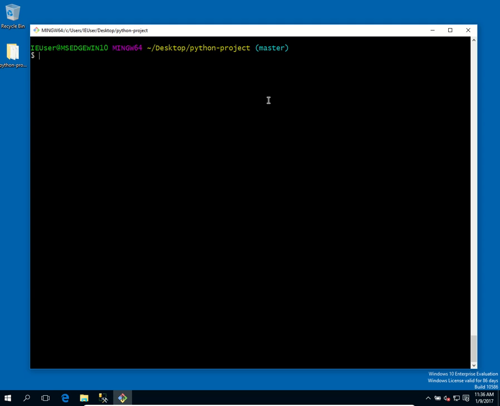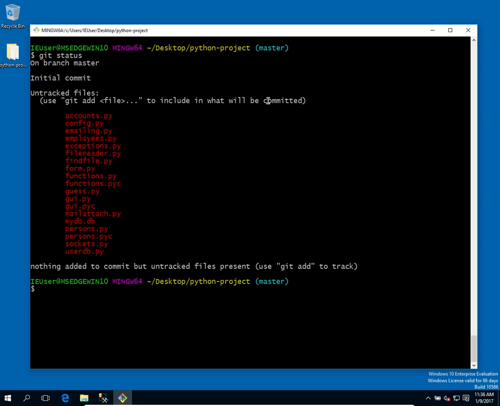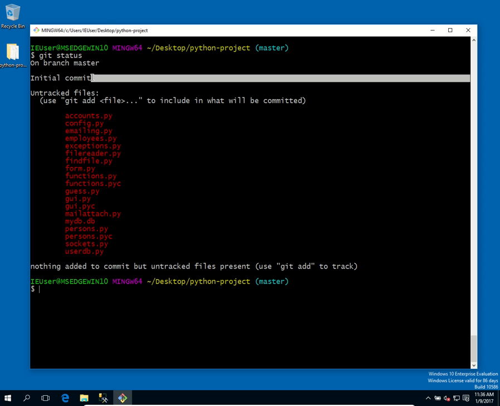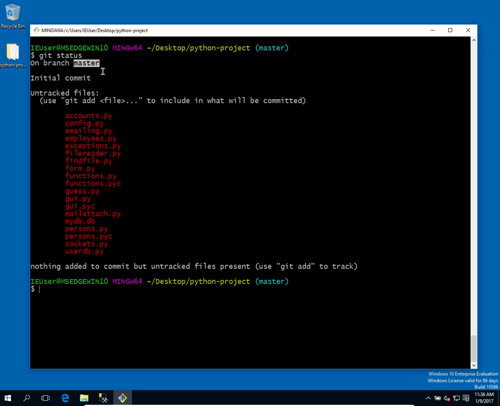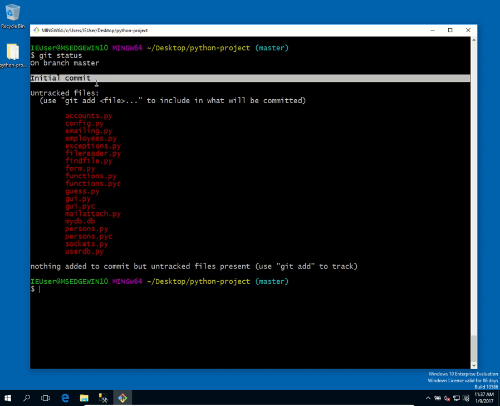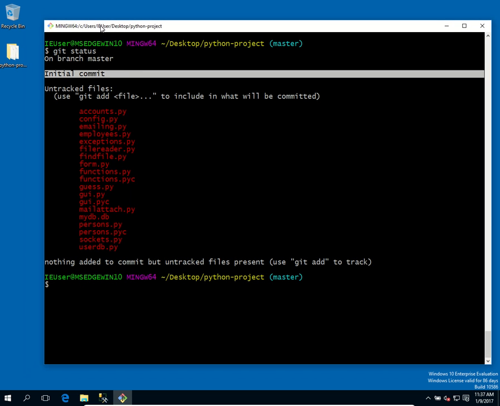So to begin, we'll just type git status. This is a good command to use frequently. It shows you the general status of your current folder, and it tells me that this is the master branch that we're working on. Remember, by default, when we initialize our Git repository, it automatically creates a branch called master. It also tells us it's going to be the initial commit, the very first time we're going to commit to this particular